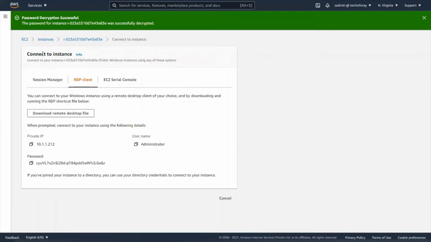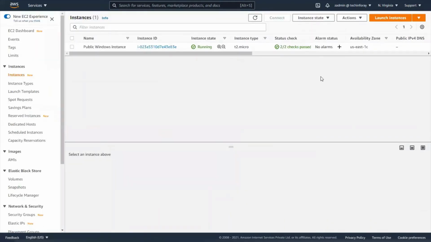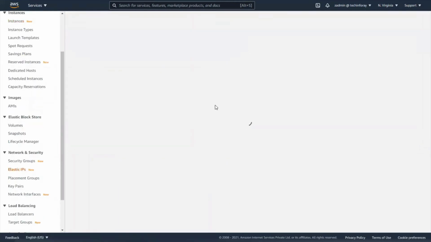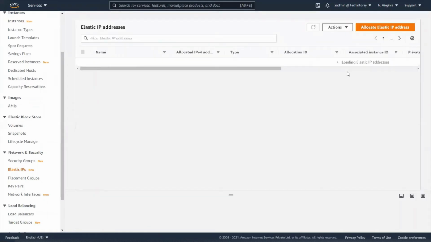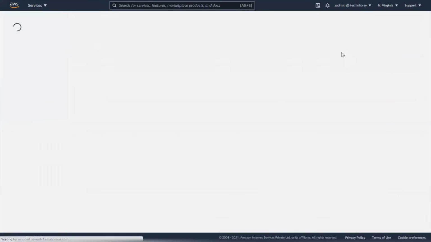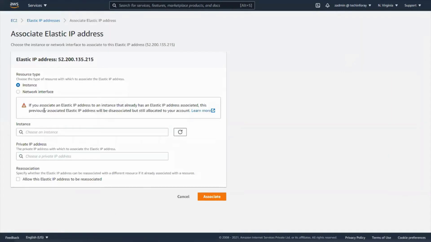Now our next step will be to allocate an elastic IP address to this instance so that we can access it over the internet. Let's go to elastic IPs. Here we can see our demo elastic IP. Associate this elastic IP to our instance. We have selected resource type instance.